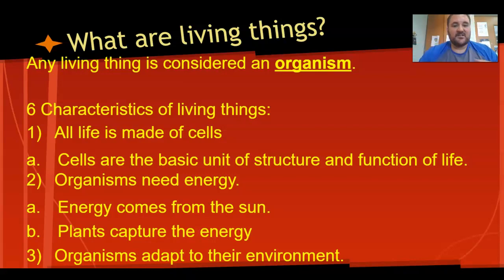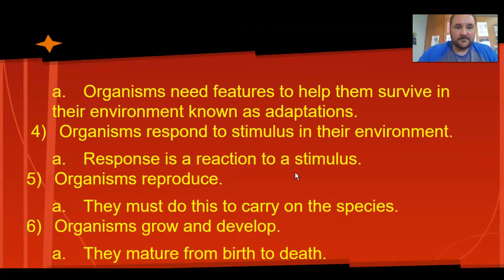Other types of adaptations could be the white hair of a polar bear. It could be the spots on a cheetah that helps it camouflage. It can be the color that might blend it in. Those are types of adaptations. Organisms need features to help them survive in their environment. Any feature that helps you survive is an adaptation. So if you're talking about a hawk, its talons are an adaptation. Its great eyesight is an adaptation. The feathers, in a way, technically are adaptations.